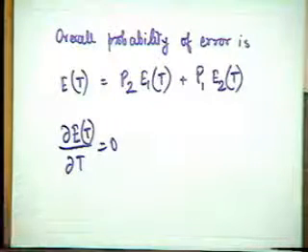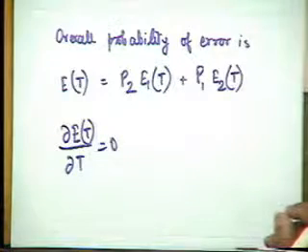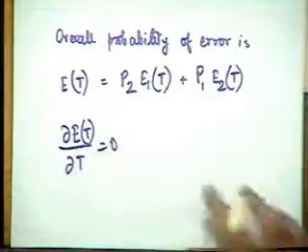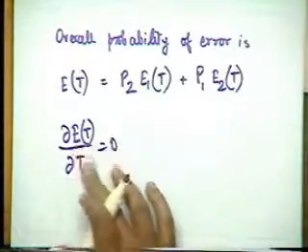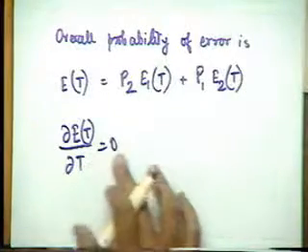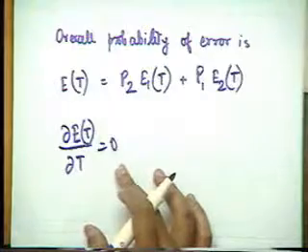And already we have E1t and E2t's expressions in terms of the integrations of P1z and P2z. So if you perform this differentiation, taking the partial derivative with respect to t, and equate this to 0,